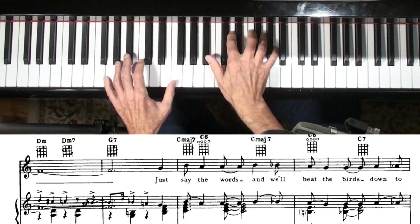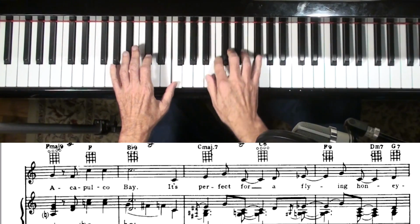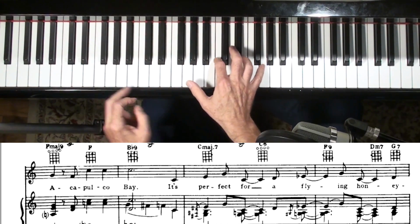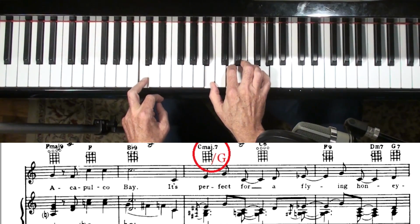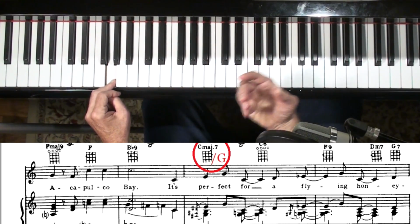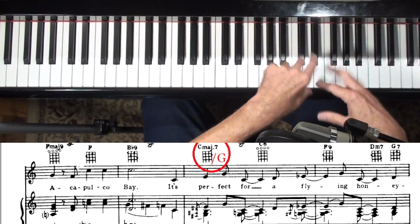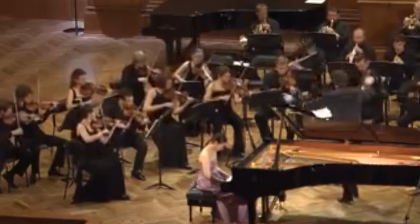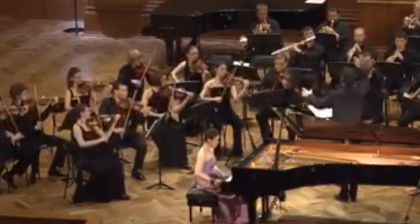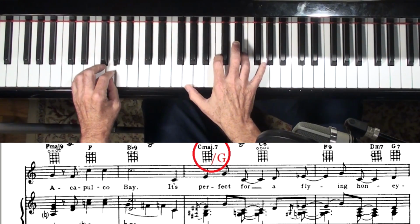Just say the word, and we'll beat the birds down to Acapulco Bay. Now, anytime you have the 5th here, when you're playing the root of the song, the key of the song, C, and you put the 5 down there, it feels like an ending is coming. And this goes back to like classical piano concertos and things like this. They would hit a big chord like this, and then you play the cadenza, and then the song would end. So this always feels like an ending is coming. Fly with me, let's...